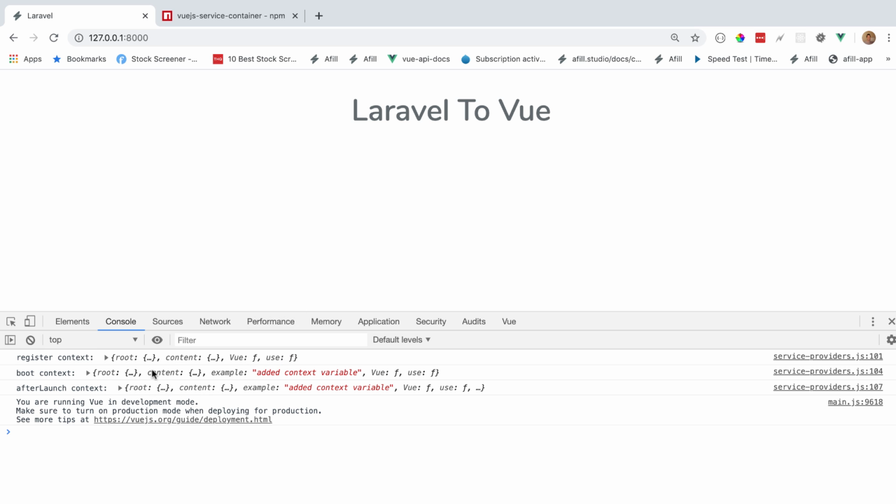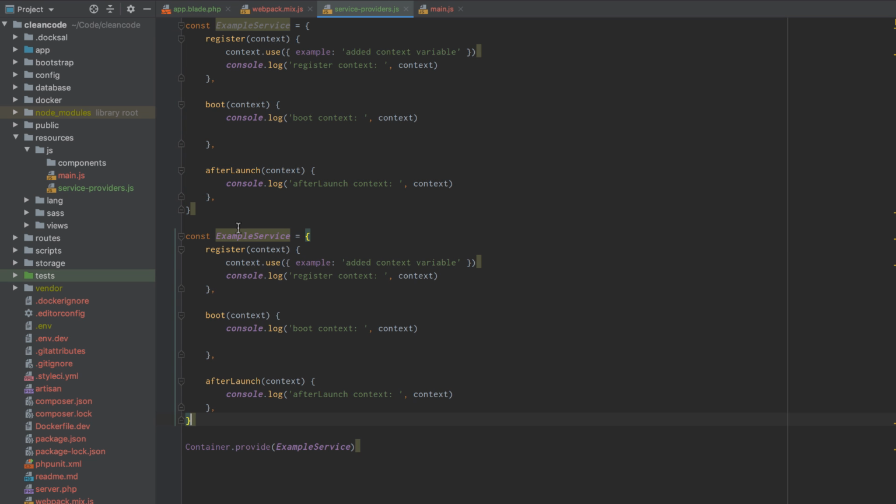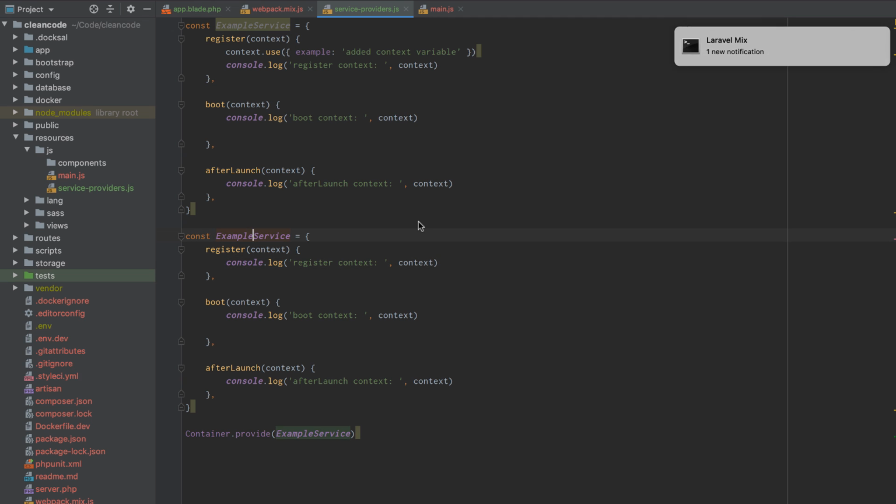Well, now we have root content Vue use, but we also have example added context variable. So we can actually provide context to our service providers. So what makes this so powerful is we can actually add this, and within our second service provider, within our example service 2,